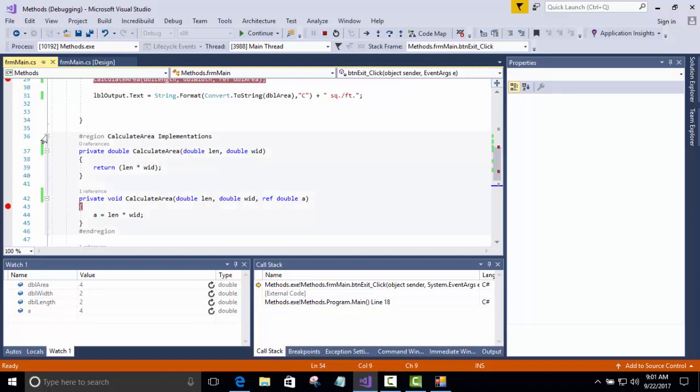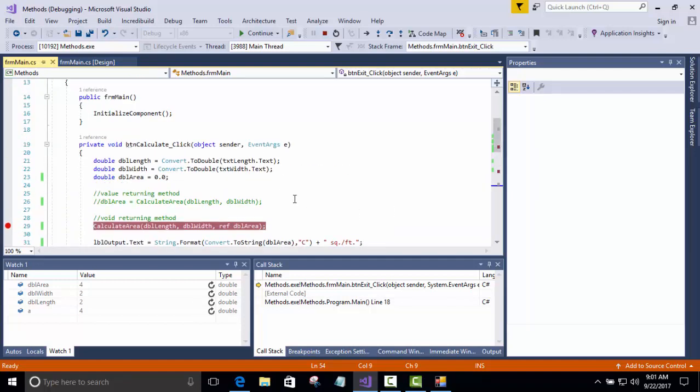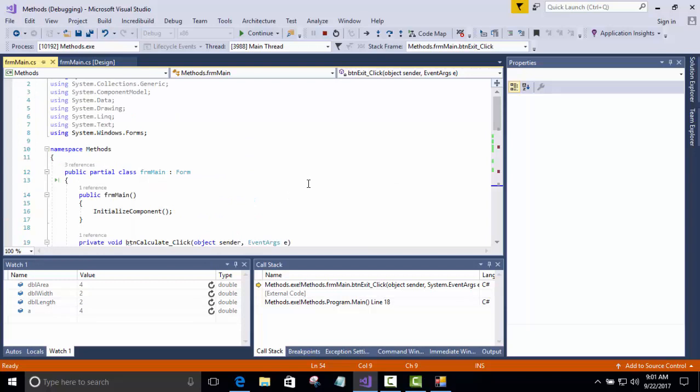And remember, I introduced the region operator to you before. So when we get into classes, this is really going to be good because there's going to be a lot of implementation, a lot of functionality that you'll want to be able to collapse. All right, well, that's pretty much the meat and the potatoes,